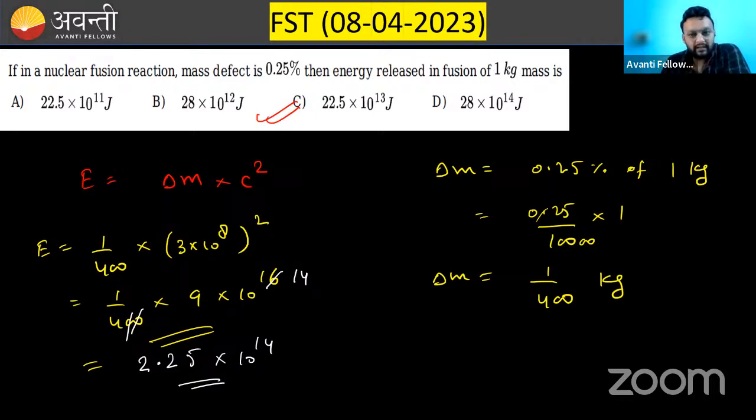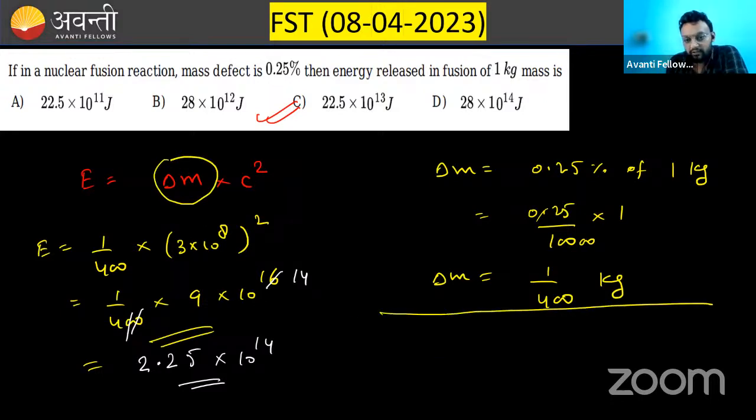Is the concept clear? If you know the mass defect, what you should remember? If you know the mass defect, you can easily calculate the energy. Now, one more thing to be remembered here that I will tell you. These options are in joule. Sometimes these options may be in mega electron volt. So in that situation, and mass defect is also, so remember one thing,